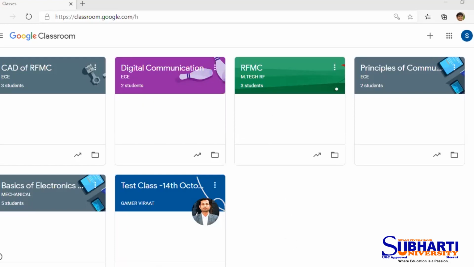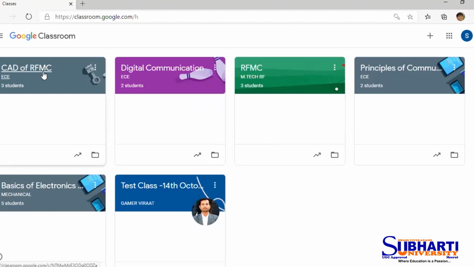So as we can say, the Google Classroom second stage consists of few of the materials and topics and use strategies that has been told to you in the earlier session. As you can see, I have shared my screen, and you can see the Google Classroom that is visible on the screen.